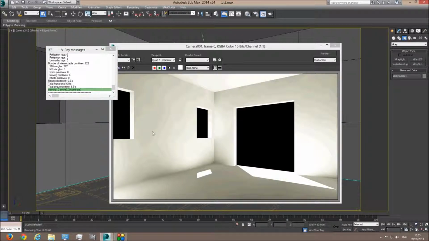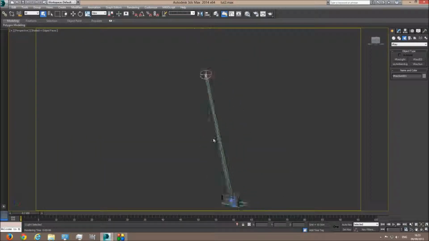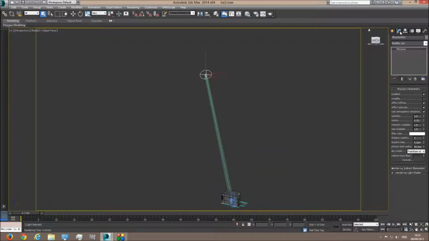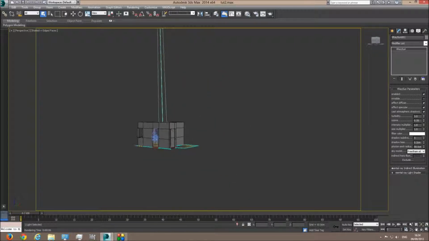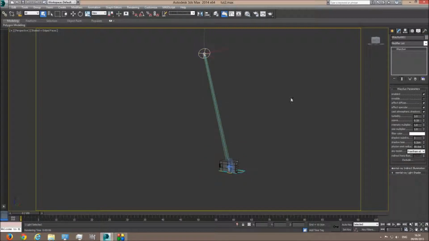Which is good, but it's way too bright because we can see white noise in the image. The reason this is bright is because if we go to the modify panel of the Vray sun, we can see the intensity multiplier, which is the strength of the sun, is set to 1. This is good for the Vray camera. Because we're using the regular 3D Studio Max camera, we need to crank this way down to something like 0.05